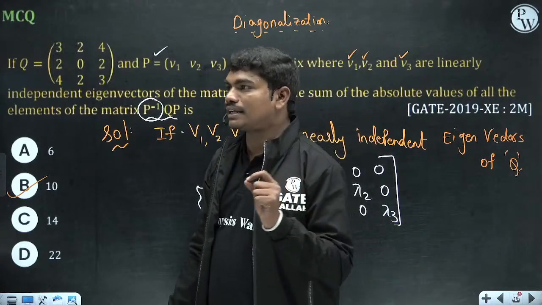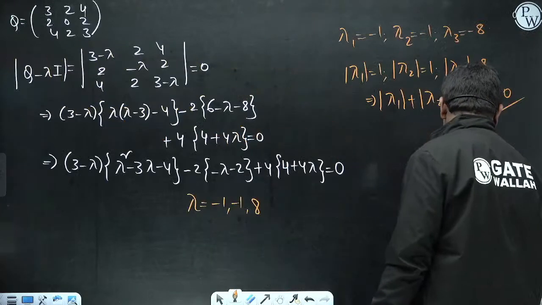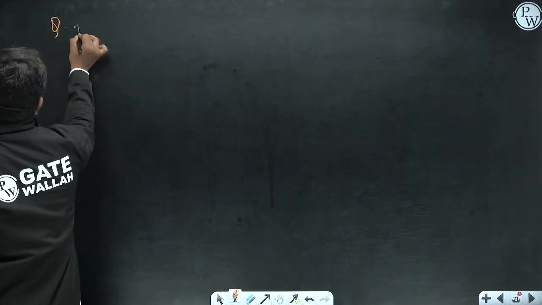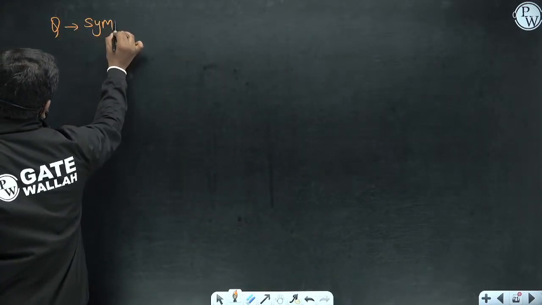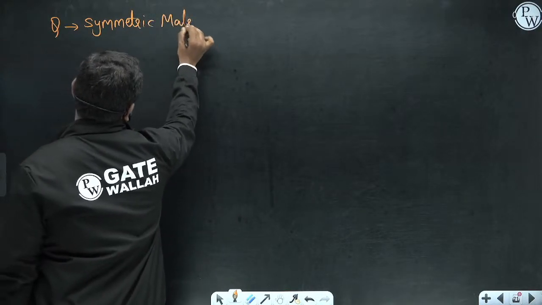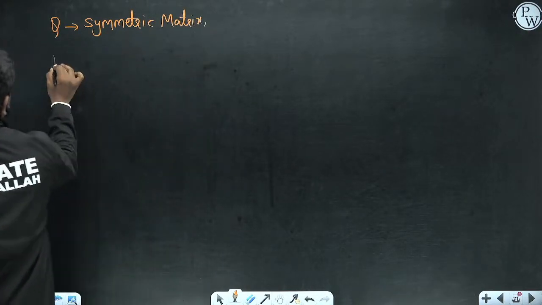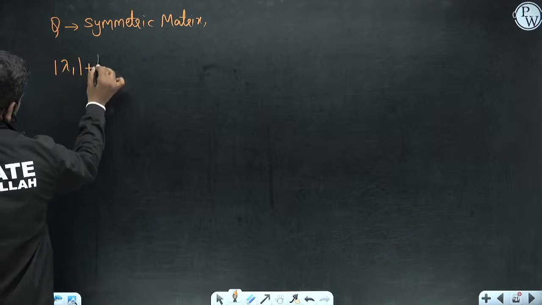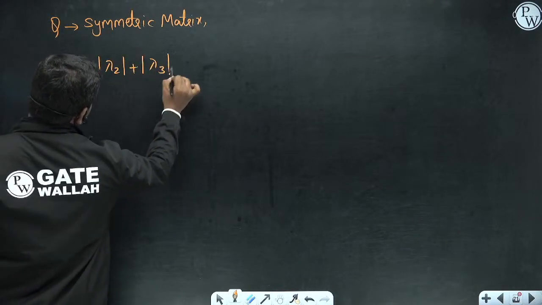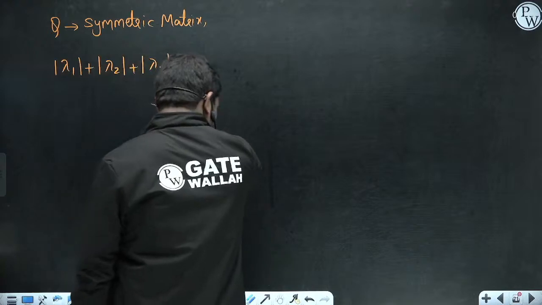This is a symmetric matrix, right? So Q is a symmetric matrix. Look, I'll tell you this technique. If this Q is a symmetric matrix, then |lambda 1| + |lambda 2| + |lambda 3|, if I take a 3 by 3 generally, this is equal to